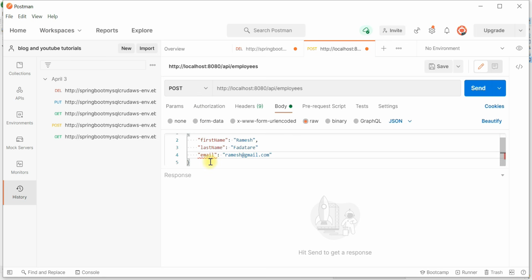Alright, so once you configured everything, look at here, this is the syntax error, comma is missing. Once you configured everything, then go ahead and click on send,